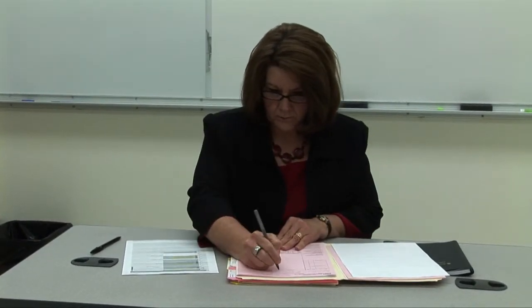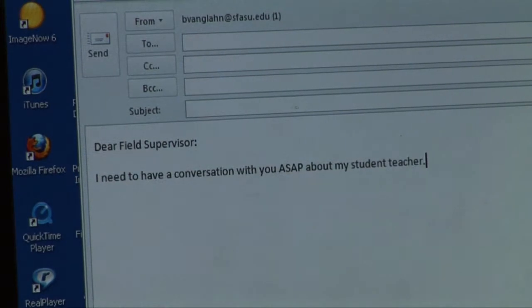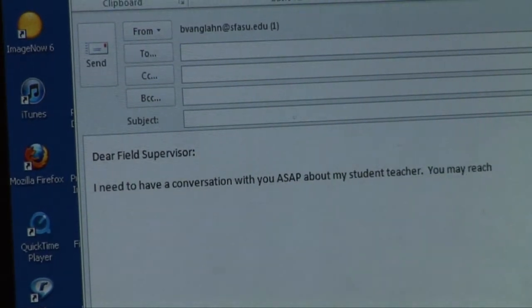If you, the mentor teacher, have an assignment that extends beyond the normal school day, the student teacher should follow the same schedule. So yes, they should come as early as you and stay as late as you do. If this is not happening, please talk to the student teacher about the expected daily routine. If the behavior continues, please contact me and the field supervisor immediately.